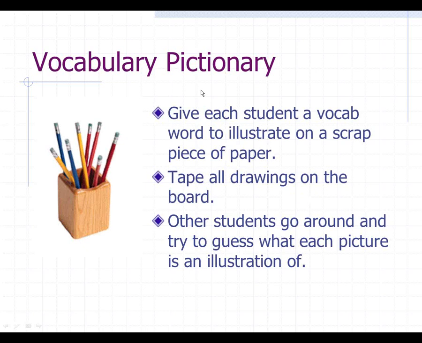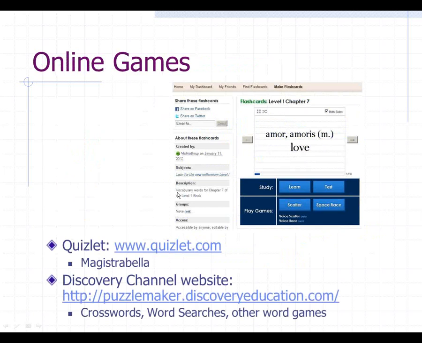That's Pictionary in its 2 forms. Okay. I wanted to offer a couple of particularly techie tools for vocabulary too, just in case any of your schools are pushing you to use more technology the way that my school is encouraging me to do. So here are 2 of my favorites.